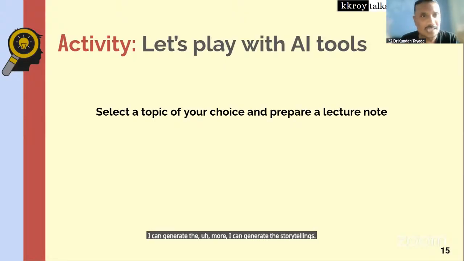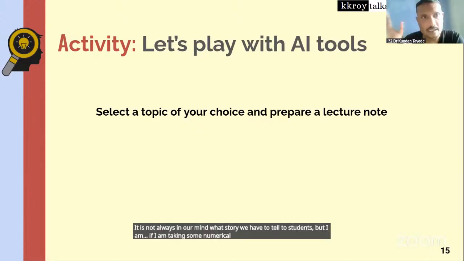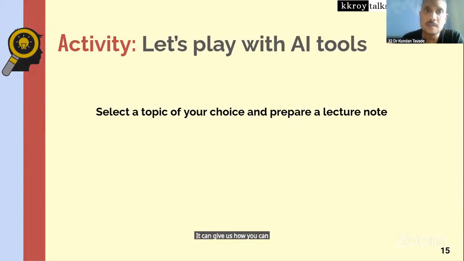It is not always in our mind what story we have to tell students. But if I am taking some numerical examples on spectroscopy, then I can take those examples in a storytelling manner rather than the conventional manner. So that creativity is there in AI also. It can give us ideas on how you can make the problem creative. For instance,